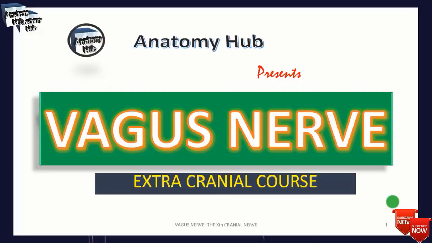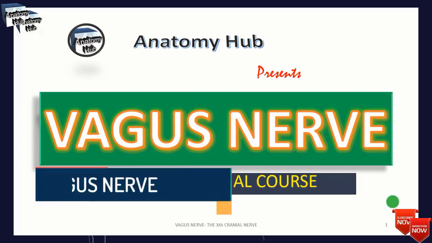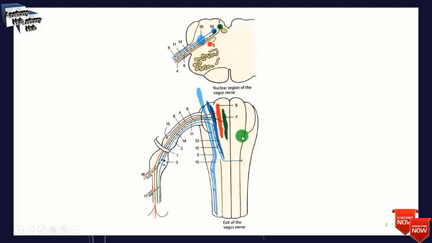Study about the vagus nerve. You know that this is the 10th cranial nerve, and the vagus nerve, which is mostly afferent, wanders in the head, neck, thorax and abdomen. It is both afferent and efferent to the pharynx and larynx. It emerges from the brain stem, that is from the medulla, and passes through the jugular foramen.